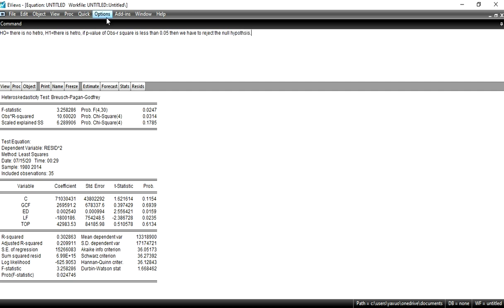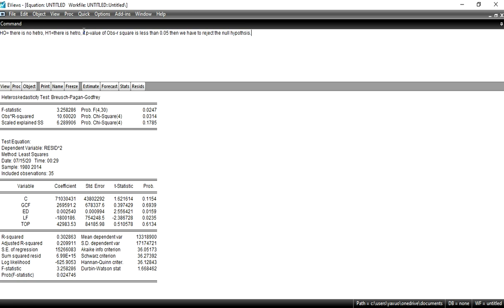Our results show that the probability value of observed R square is less than 0.05, so we reject the null hypothesis and accept the alternative hypothesis, which means that the problem of hetero exists.